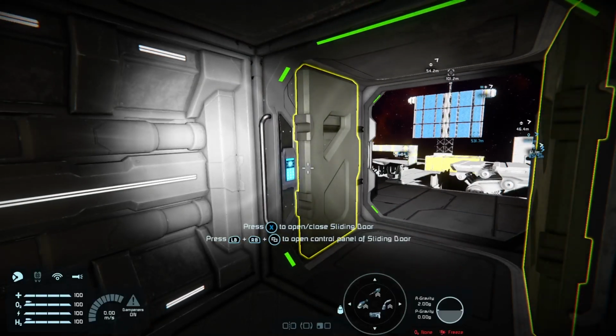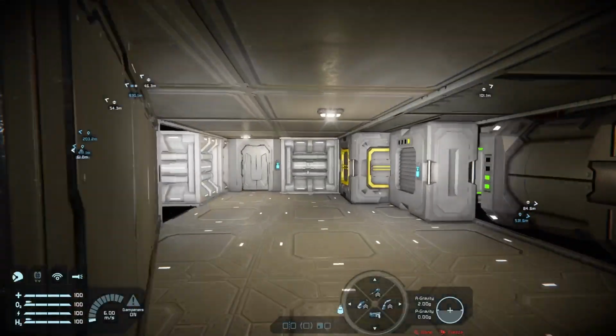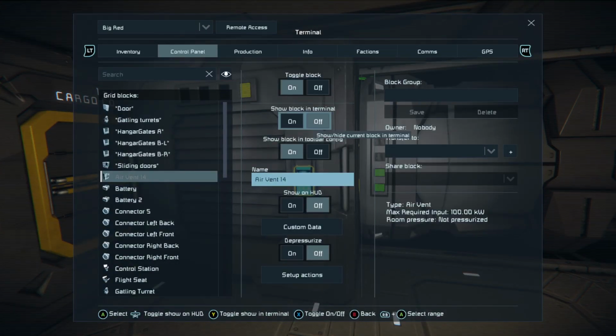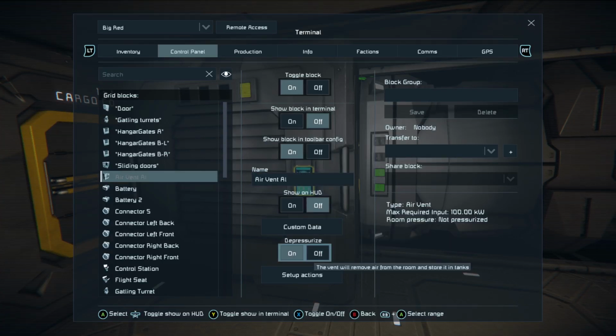And we're going to leave it as it is and not touch it. We're going to come over to the air vent, and we're going to call this air vent AL. And we're going to set that to depressurize.